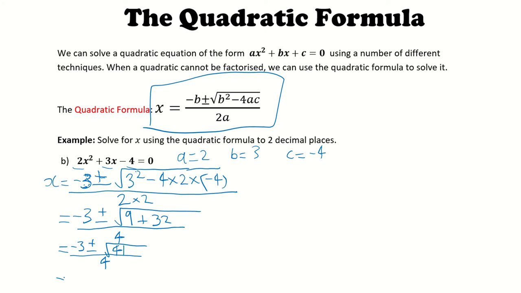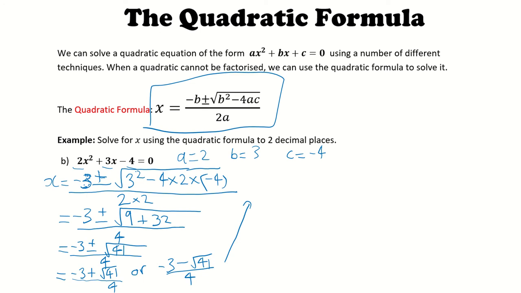So my two solutions are either minus 3 plus square root 41 divided by 4. Oh, I can't write down here. That's so painful. Divide by 4. Or it's going to be minus 3 subtract square root 41 divided by 4. And if I type these into my calculator, let's just do it. So minus 3 plus square root 41, that's 3.4, divided by 4 will give me